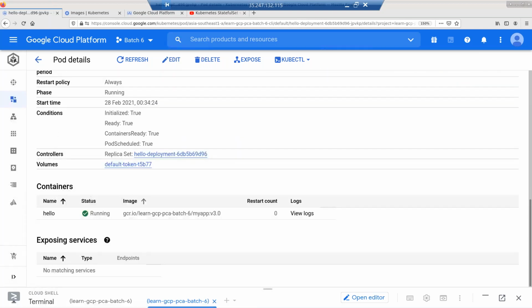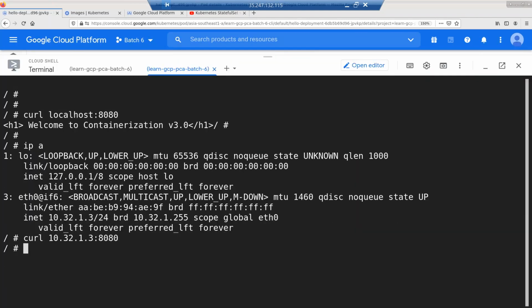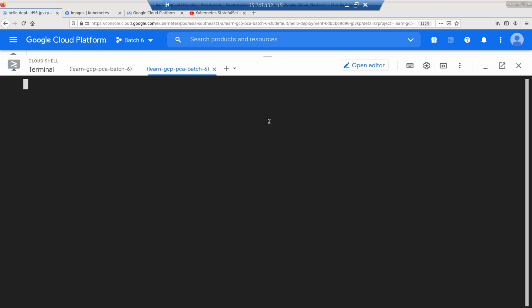You have to go and get it because for exposing it, there are no endpoints currently. So you don't have any service. So the only way you can get it is to go to the pod and get it. Now, if I just come out of this pod,